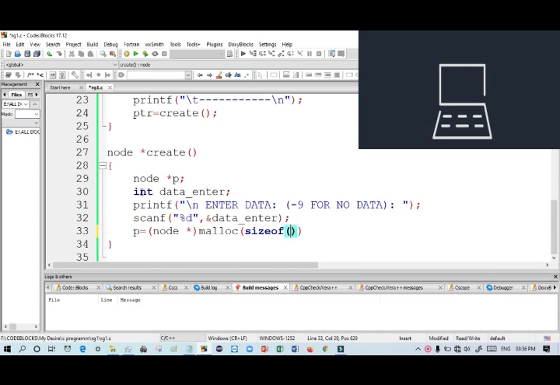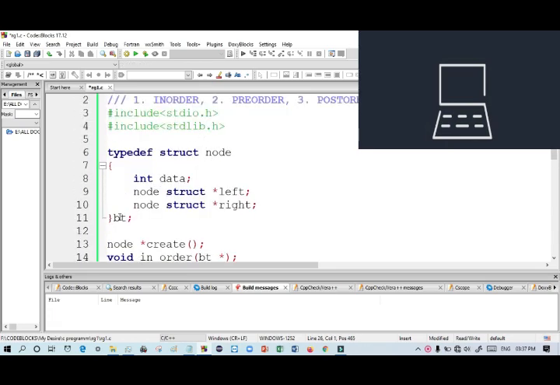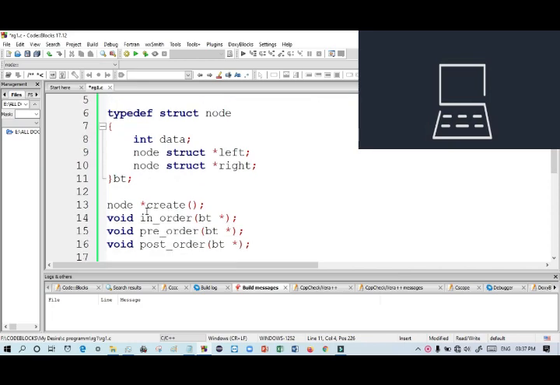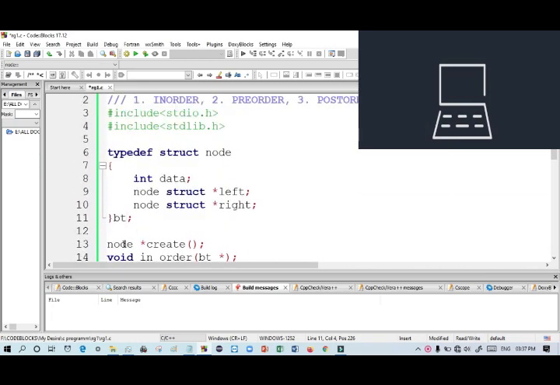Or you can directly create BT also. I want to change something here: I have already defined this BT name, so we use BT instead of node. If you write node here also, it works, but since I have used BT, we have to correct it here.